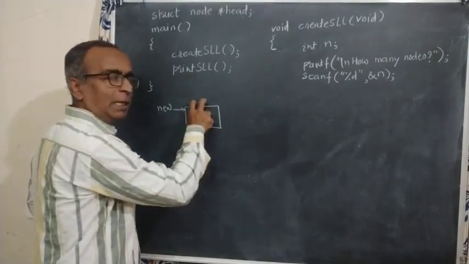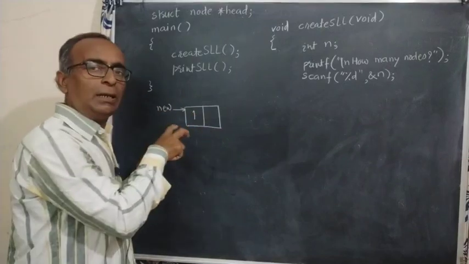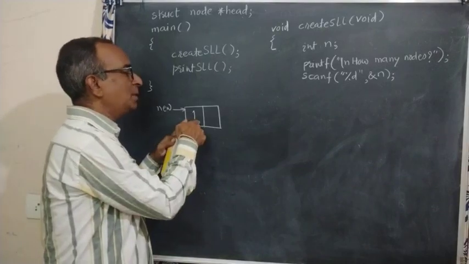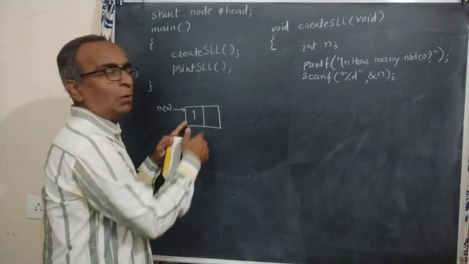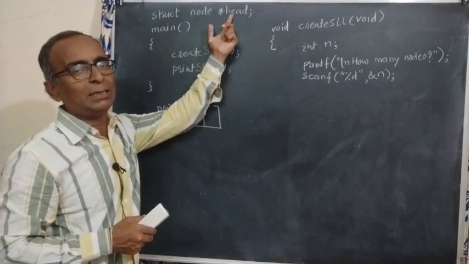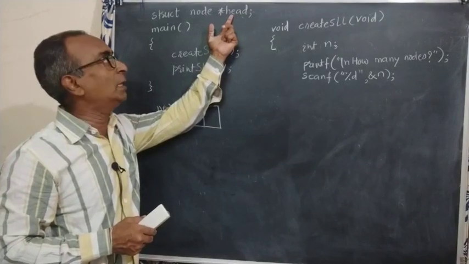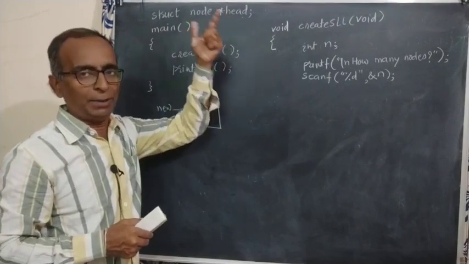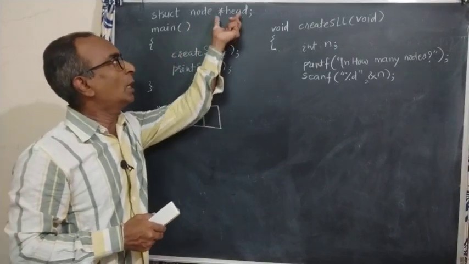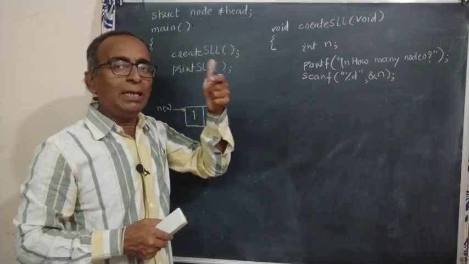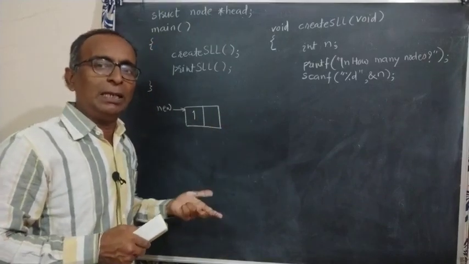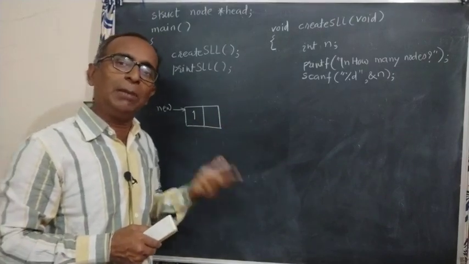Now this newly created node we have to put into the existing list. When you are adding the first element, what is the existing linked list? For the first node, the existing linked list is head. As it is global, variables will always be initialized to null if it is a pointer variable. If it is an integral variable, it will be initialized to 0. So head will initially be null. When head is pointing to null, what does it mean? It is an empty list, and obviously before creation of any linked list, the list will be empty.